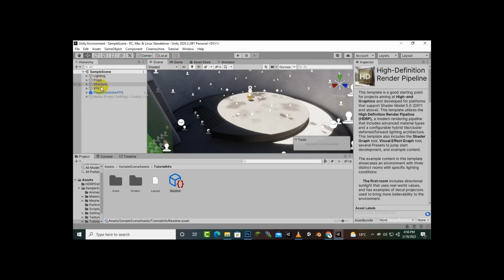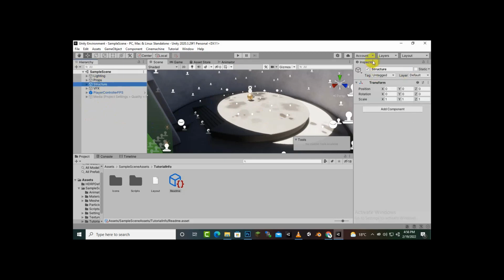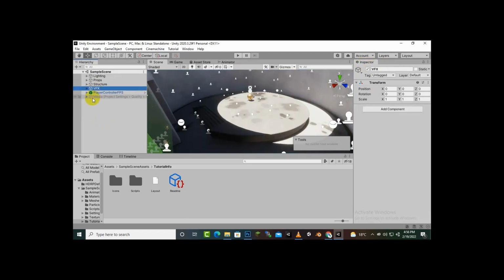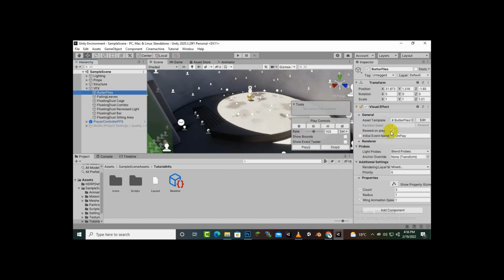If we, for example, click on certain objects, you can see its properties here on the right side. This right side is the property window, or we can say the inspector. You can click on any object and you will find its properties. By default, if you create a 3D project, you will not find this type of scene or any of these objects, but if you create a project with HDRP, then you will find this type of